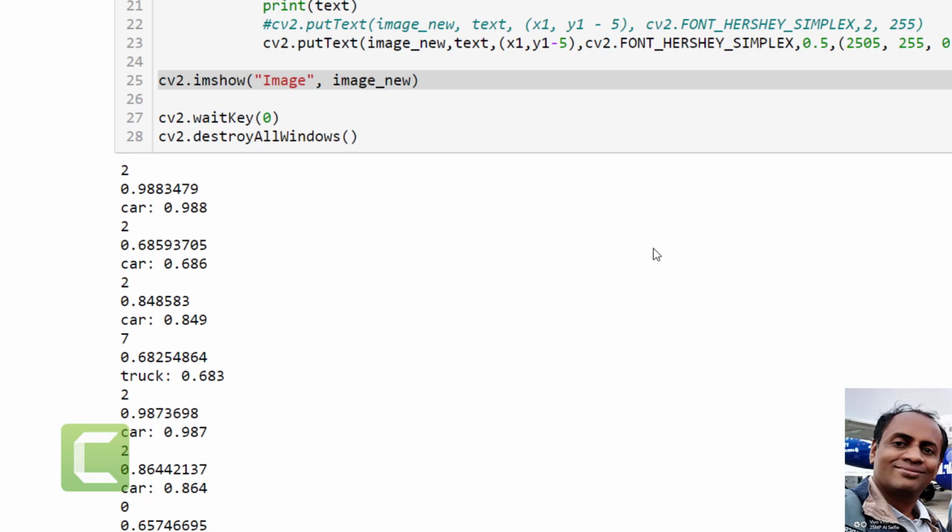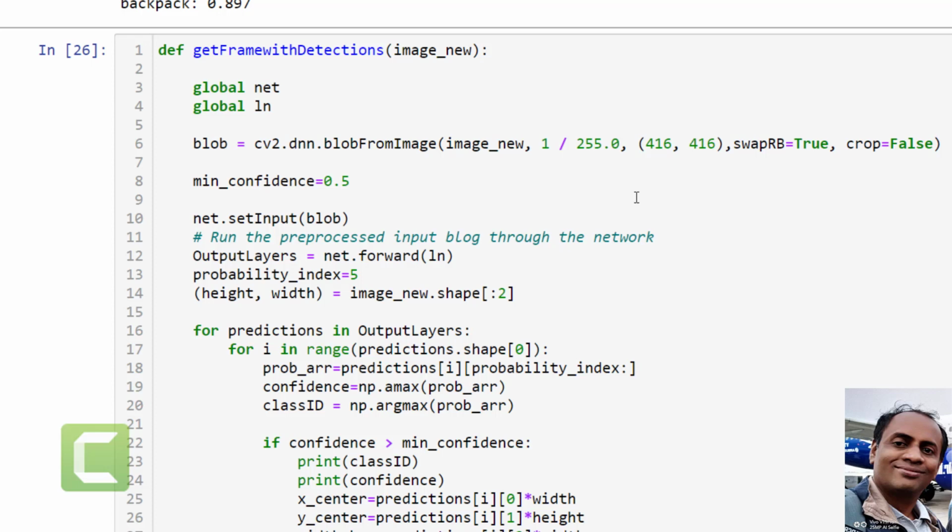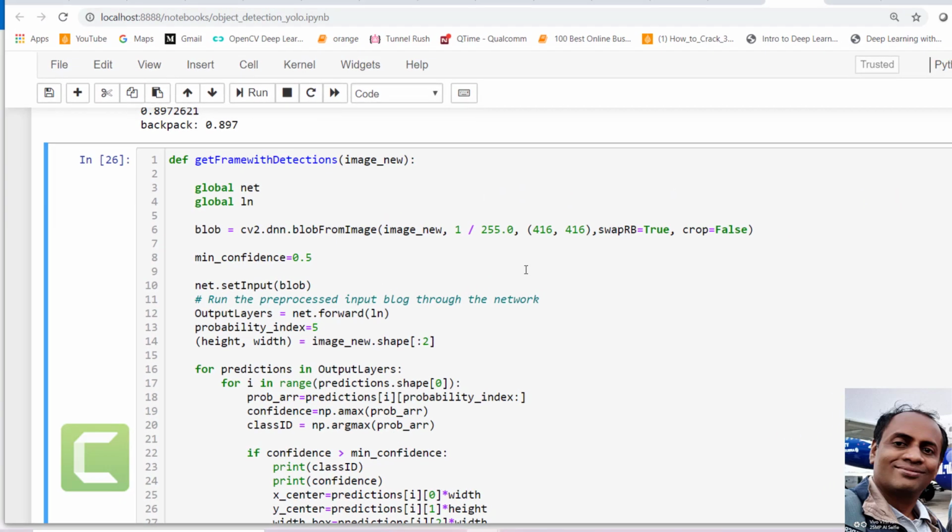So that's it. We did the object detection on the image. You can choose any image that you want and you can run the same experiment on it. And of course I'm going to share this code with you. Now let's do the same experiment for the video. The fundamental principle is the same, just that you need to know how to read the frames from the video file and do the same operation and show the frames back. That's all it is. So I wrote a function for handling every image file.